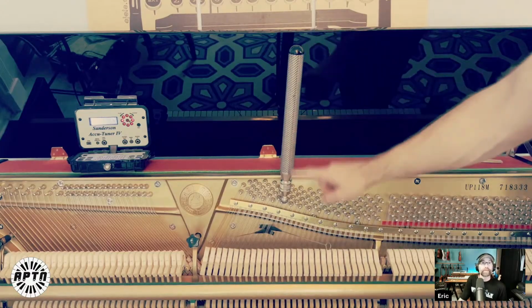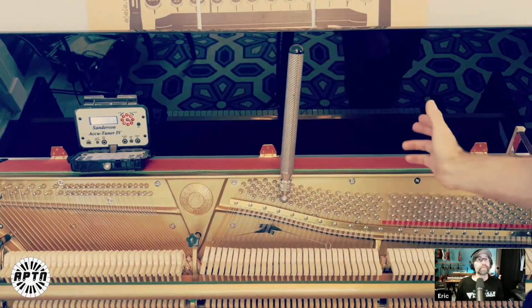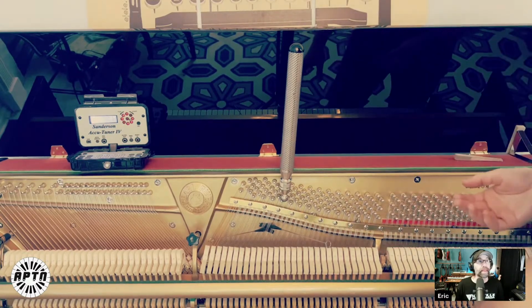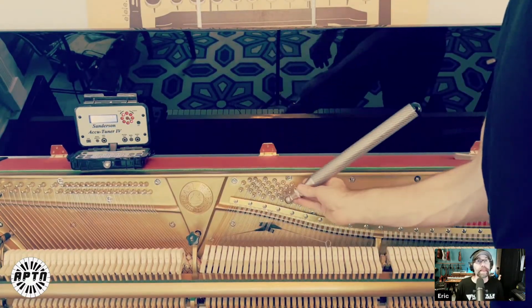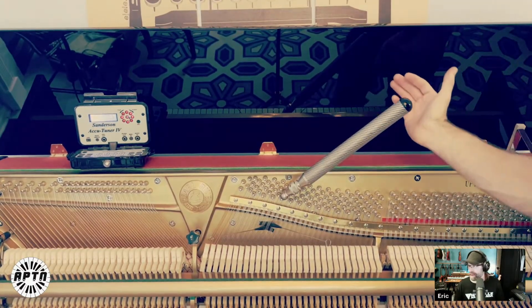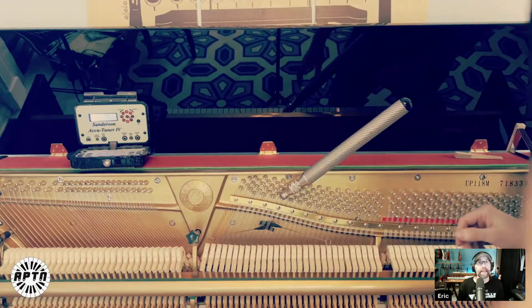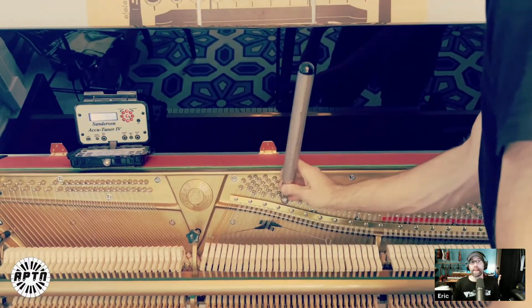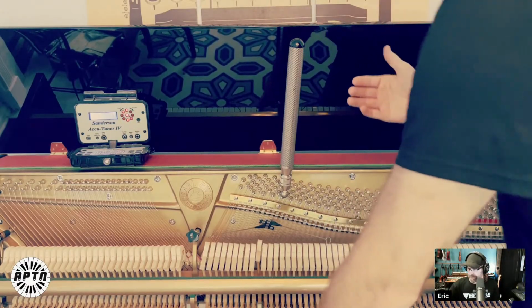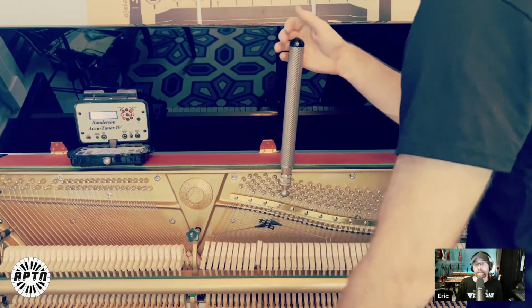Insight to the angle of the tuning hammer and how you're pushing and pulling to actually be successful at tuning a single string. If I have this hammer to the right side like that, it's very, very hard to push from the bottom up that way. So you want to start with the hammer either at 12 o'clock or a little bit behind. That way when you do your first pull,